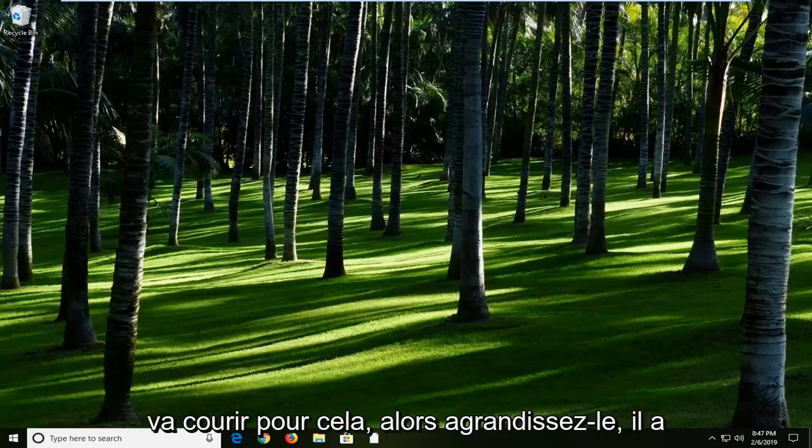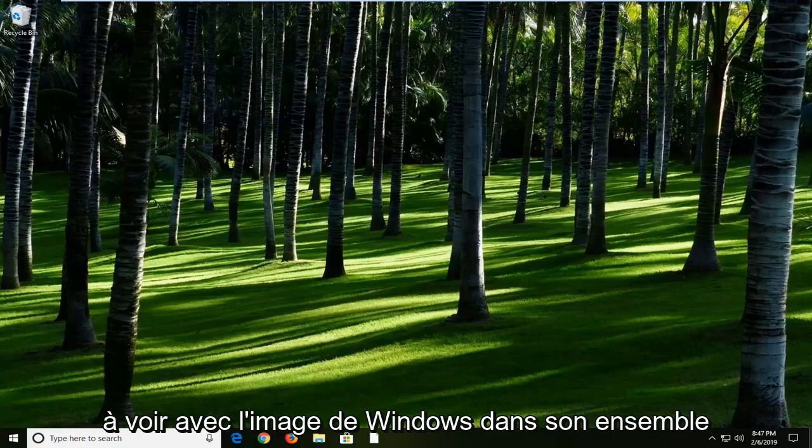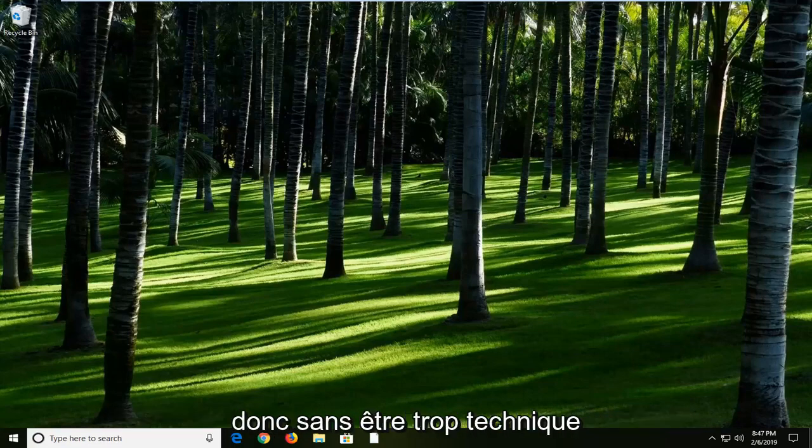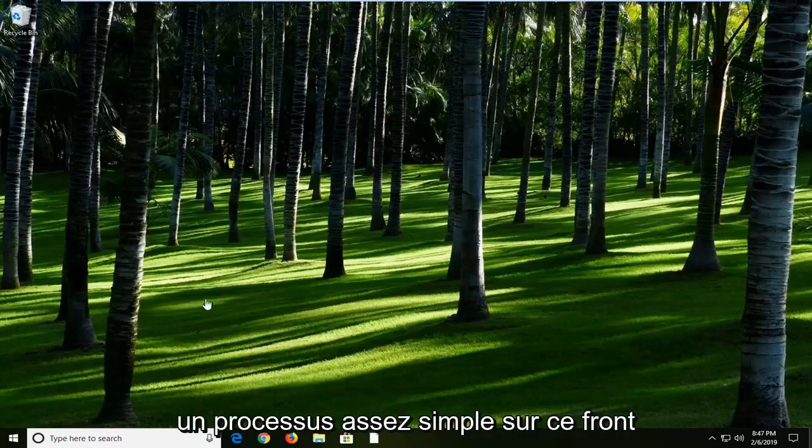It largely has to do with the Windows image as a whole, and it has the ability to customize it as well. So without getting too technical about it, I'm just going to show you guys how to get it up and running. It's a pretty straightforward process, and we're just going to start by opening up